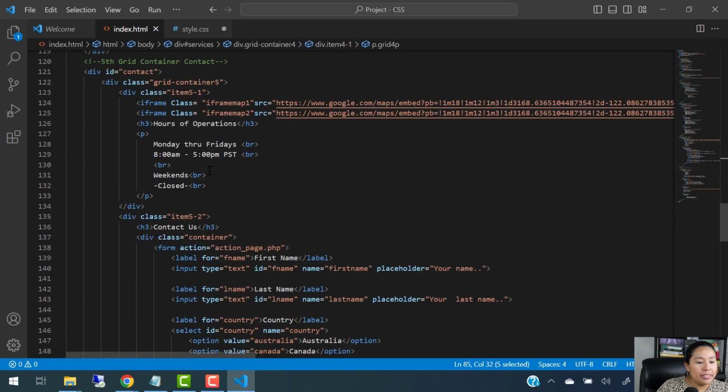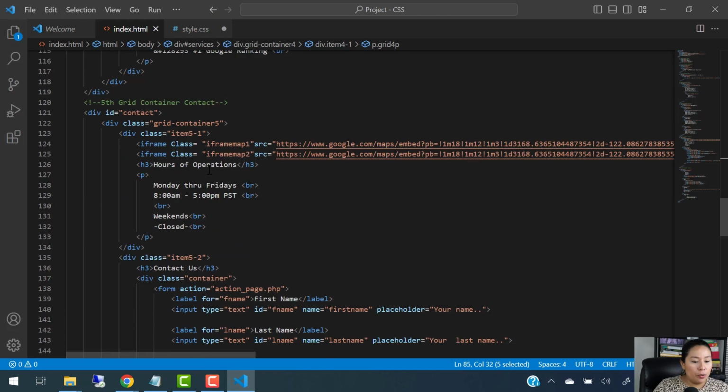We're going to style this in 2 parts. The first part is going to style probably the paragraph and the Google Maps, right? Want to display them or hide one of the 2 maps, and then we're going to do the second part, which is going to be styling the form that we have in here. Now let's see, to align this,